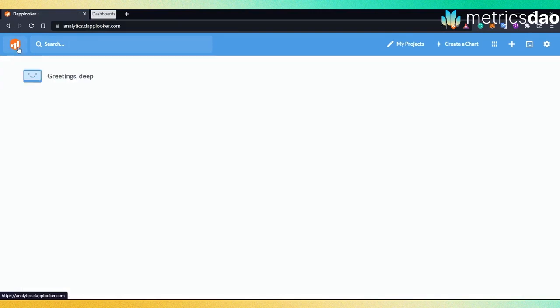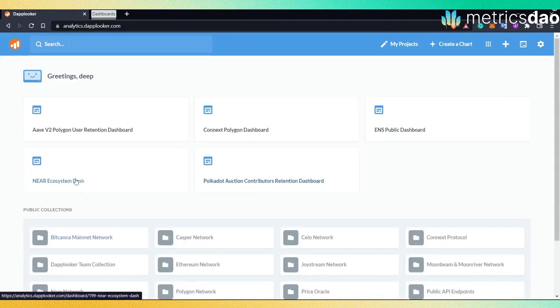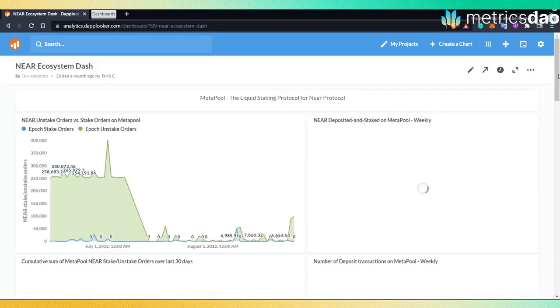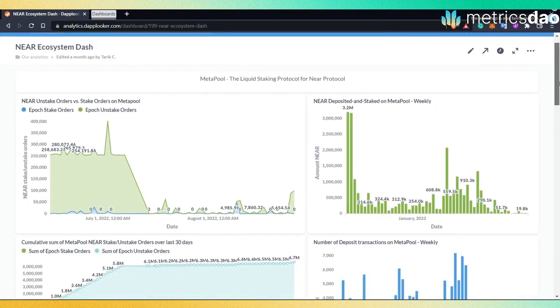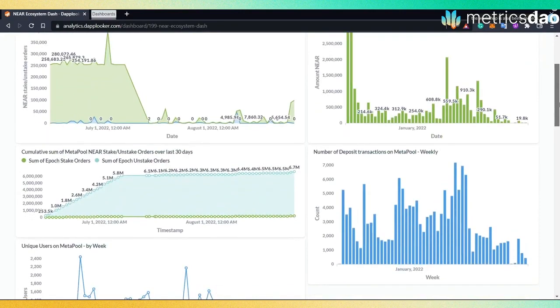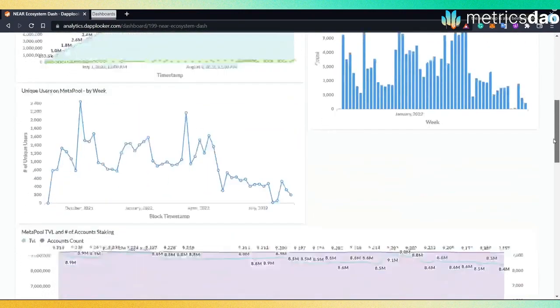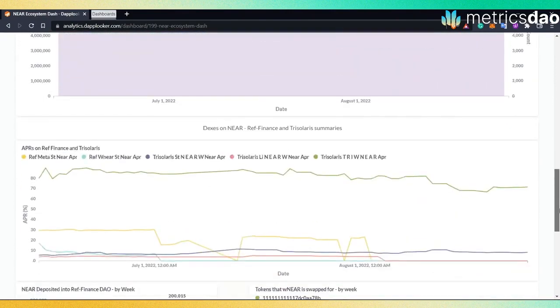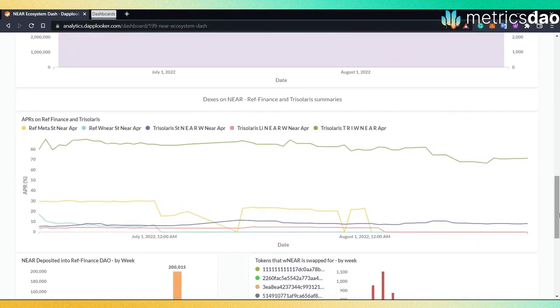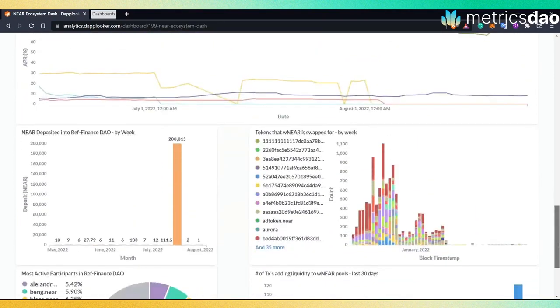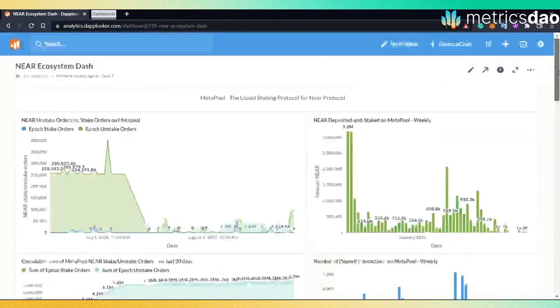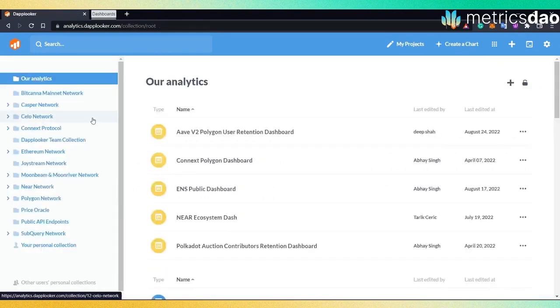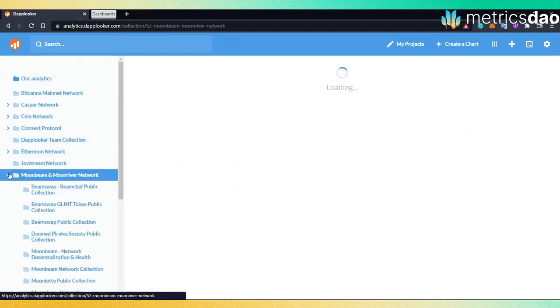A couple of important dashboards, as I said, made on us. One of them is a NEAR ecosystem dashboard that gives you a very good understanding of how the ecosystem is performing in general. We can see the number of deposit transactions on Metapool weekly, the amount of users on Metapool that are added every week, gives you an idea of TVL, gives you an idea of the APR on Drift Finance and Tri Solaris. And in general, it's one of the most important dashboards that have been made on our platform so far. And we have another dashboard where Moonbeam decentral